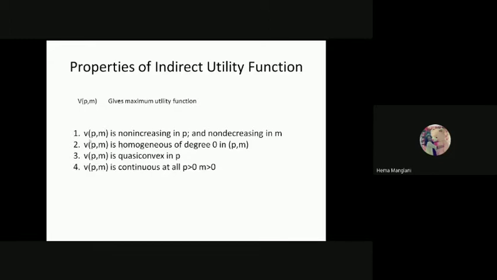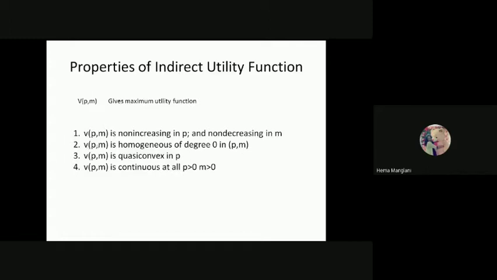So this says that it is non-increasing in P. Fine. It means if you want to increase your utility, then prices have to reduce. Your P1 and P2 have to reduce when your V would increase. So that is definitely a function of price, whether P1 is increasing or P2 is increasing. But if one of the P's is increasing, your V would decline. That is why we always consider that V should be non-increasing in P and non-decreasing in M. It means whenever your M is rising, your V is also rising. So this has a direct relation and this has an inverse relation.